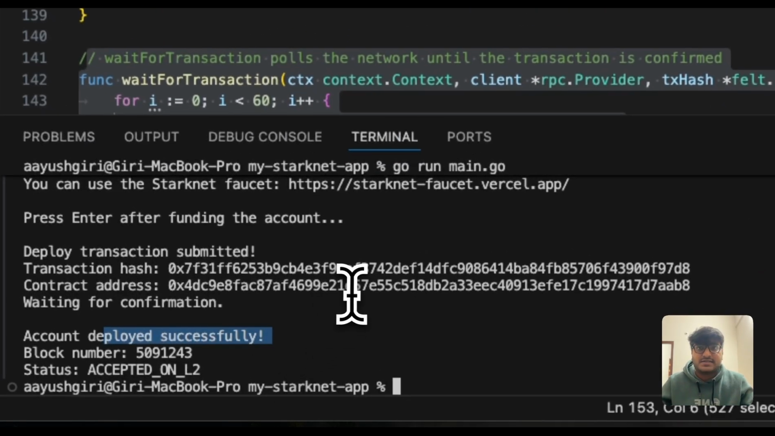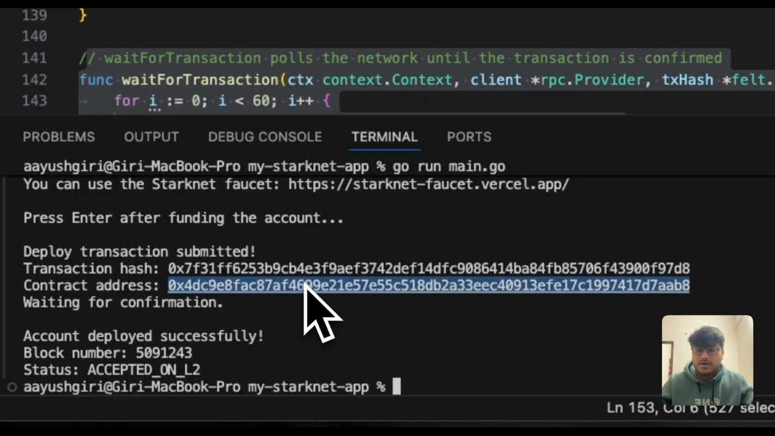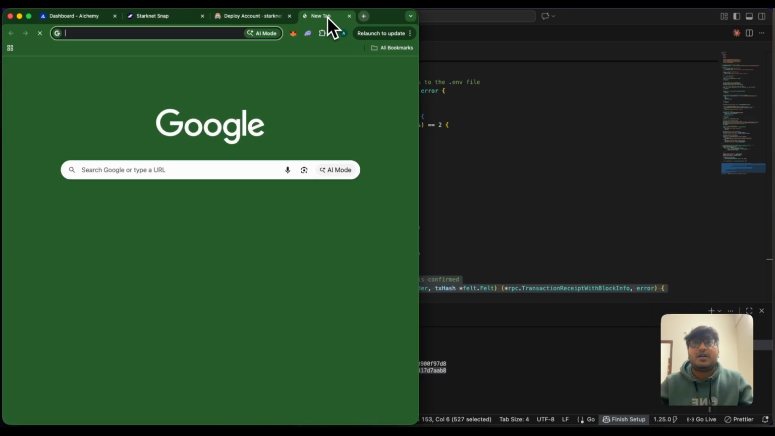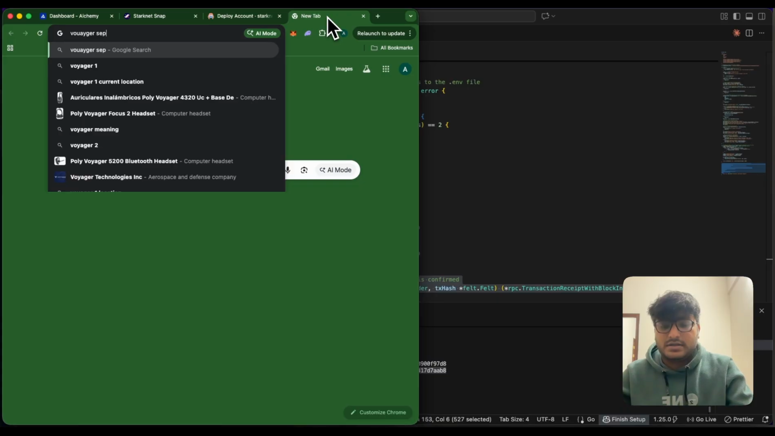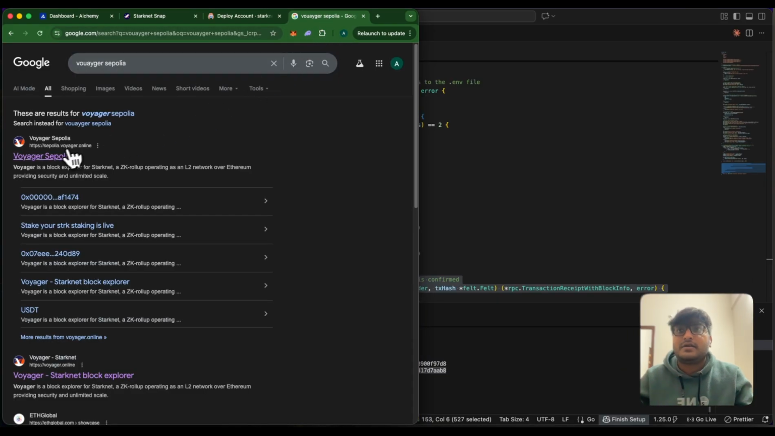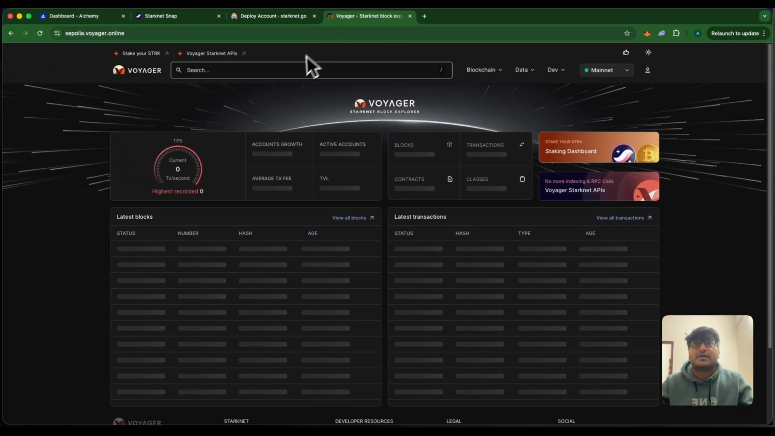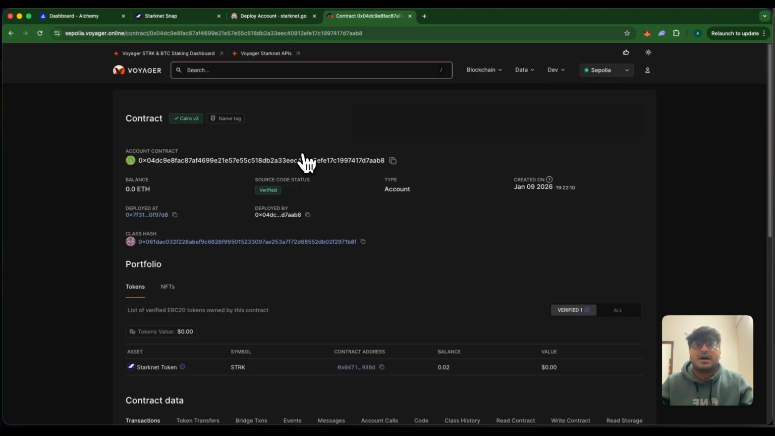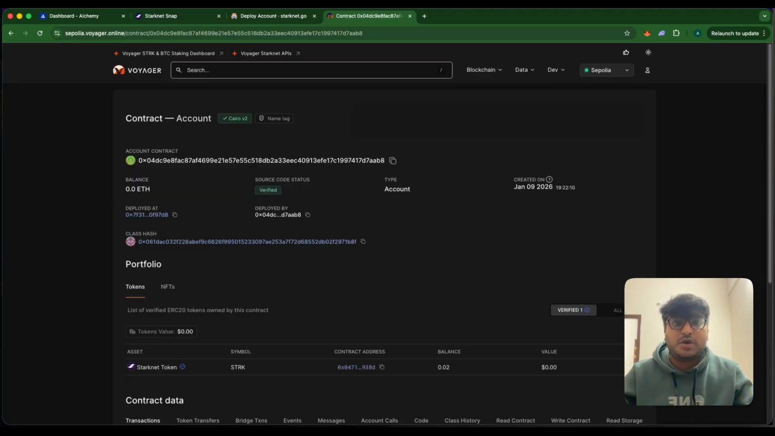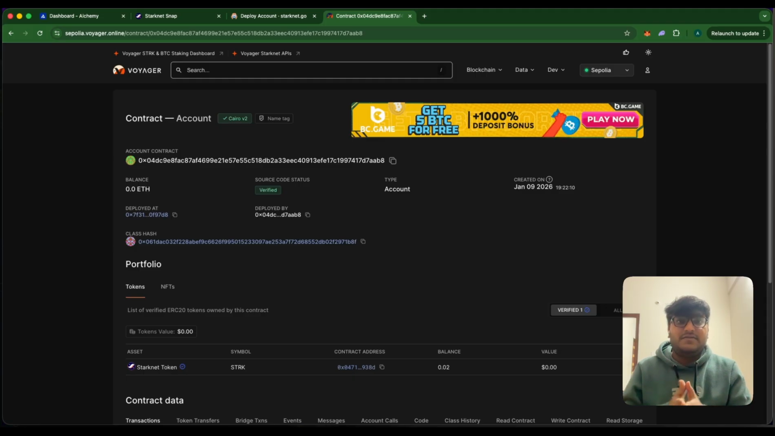And let's verify this account on Voyager. If I open Voyager Sepolia, let me paste this. And as you can see, the account has been deployed. So that's it. We went from zero to a deployed Starknet account and the entire code came straight from